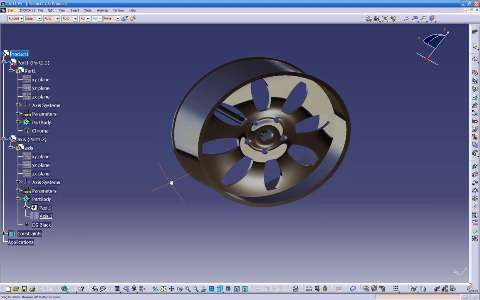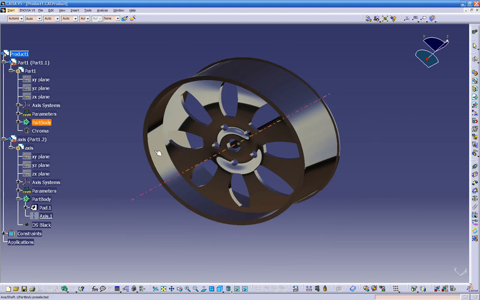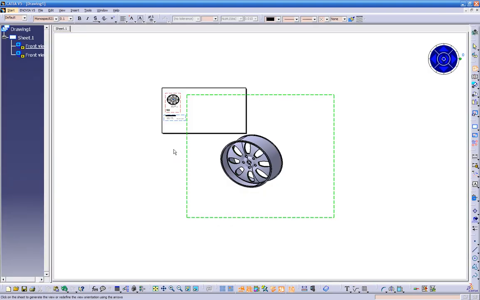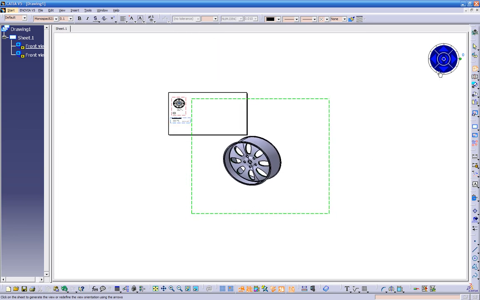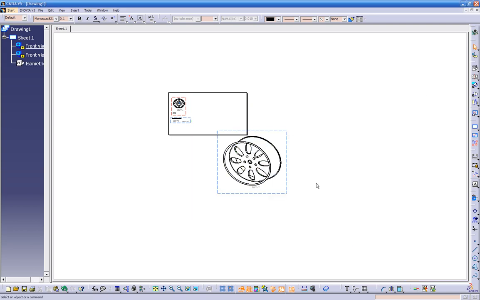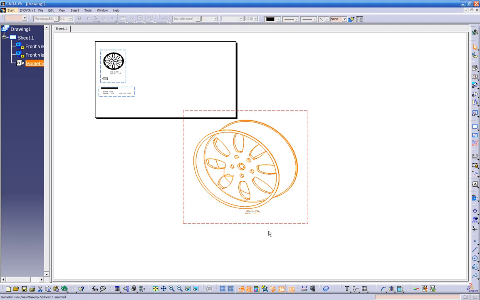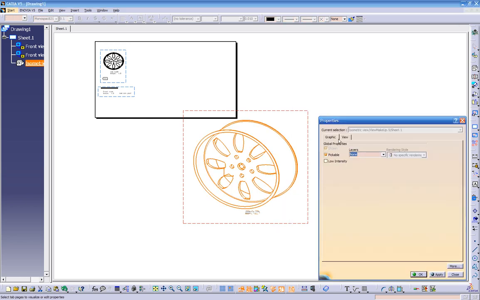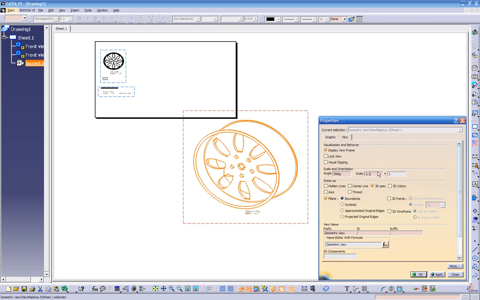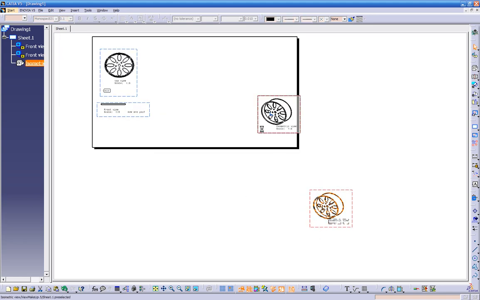So if we go to CAD product, select this, we got our 3D view. Okay, now click OK, and we can shrink this a little bit. Right click, properties. It's not active right now, so we need to double click it. We'll make it active, and let's go properties, view 5. So this is our isometric view,